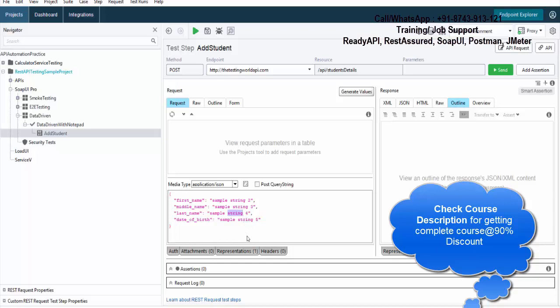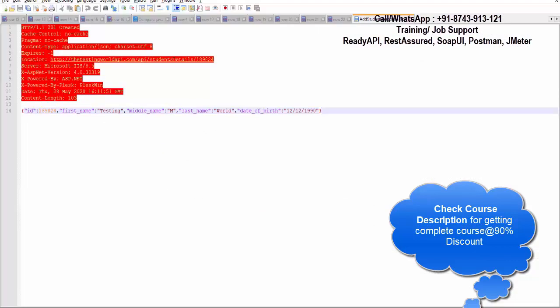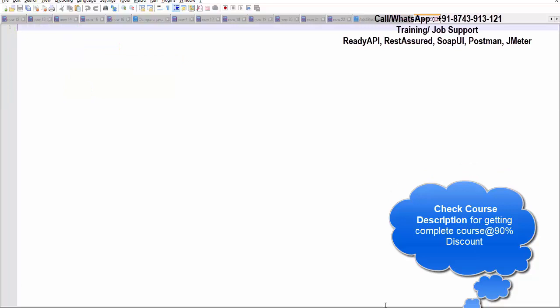I want to fetch these from an external file, meaning I want to test this request with multiple sets of test data. So first of all, I'm going to an external file. And here, I'm on the notepad and defining multiple data. So my first data is fname1, mname1, lname1, and last is 12121990. So I've just defined one data. In the same way, you can define any number of test data.